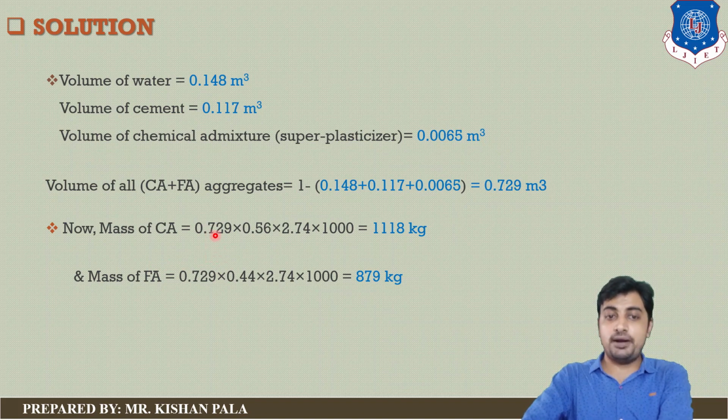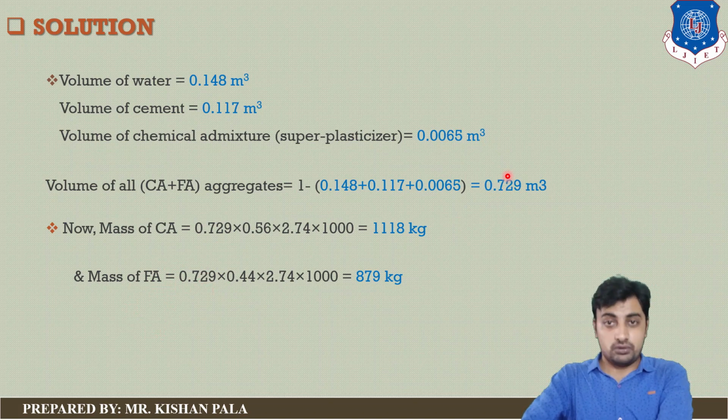So 0.729, which is the total volume of aggregate, multiplied by 0.56, which is the 56%, multiplied by 2.74, which is the specific gravity of coarse aggregate, multiplied by 1000. So we can easily calculate the mass of coarse aggregate: 1118 kilogram. And then we can calculate the mass of fine aggregate with 0.729, which is the total volume